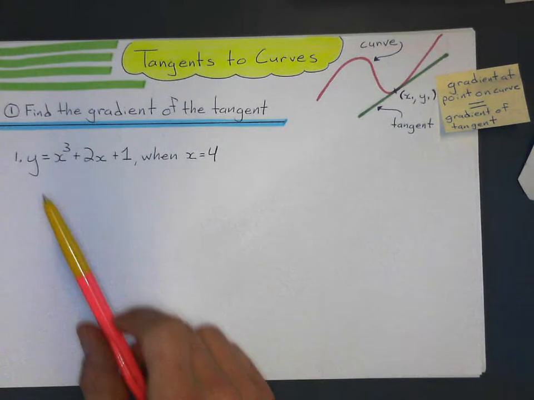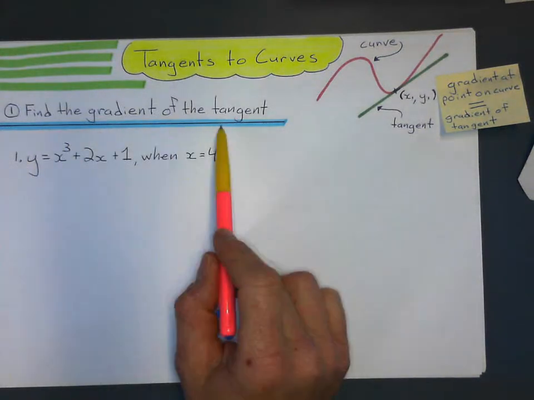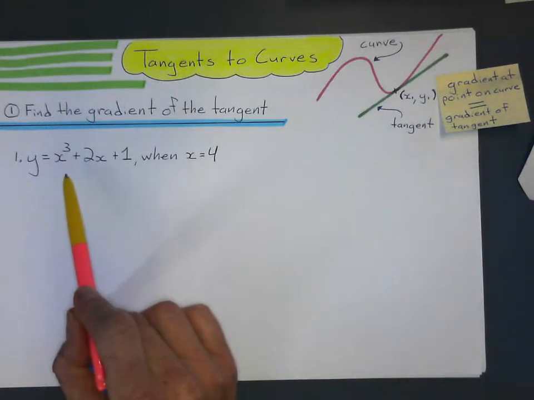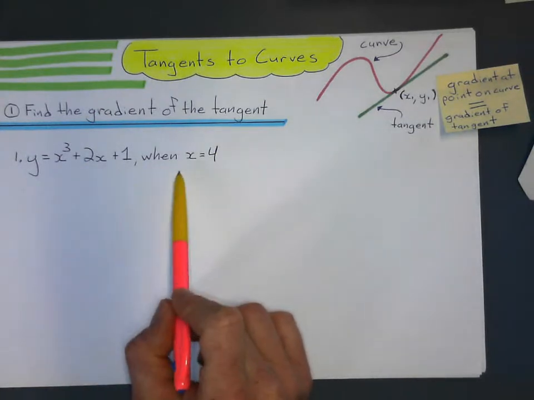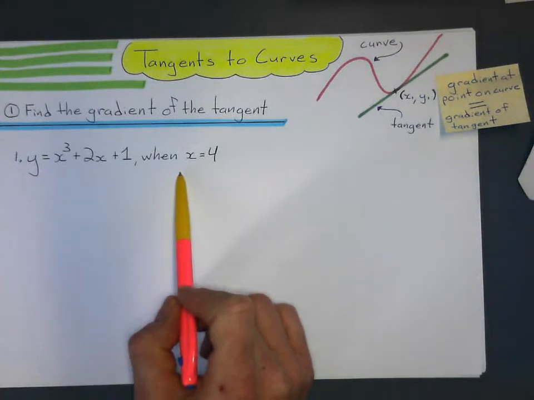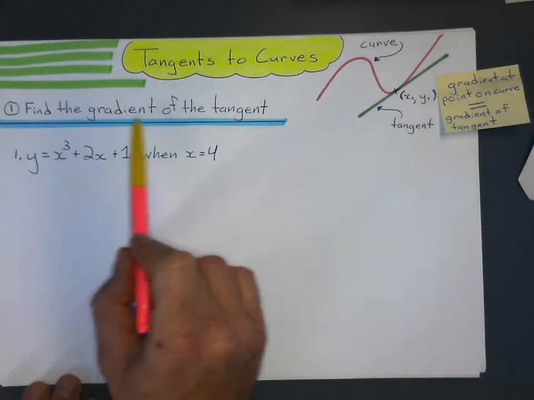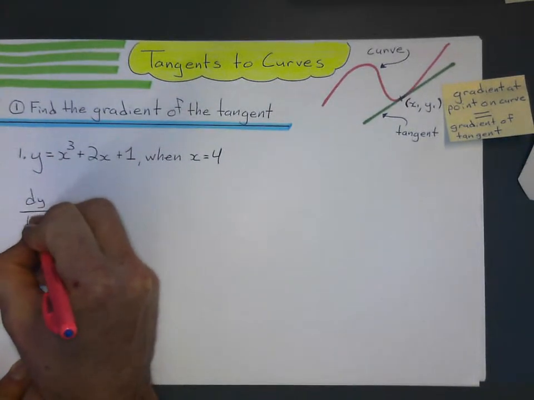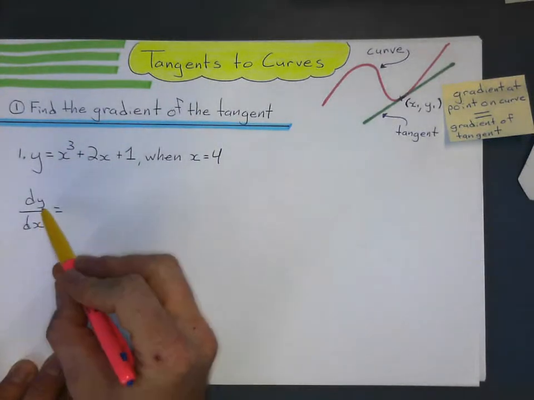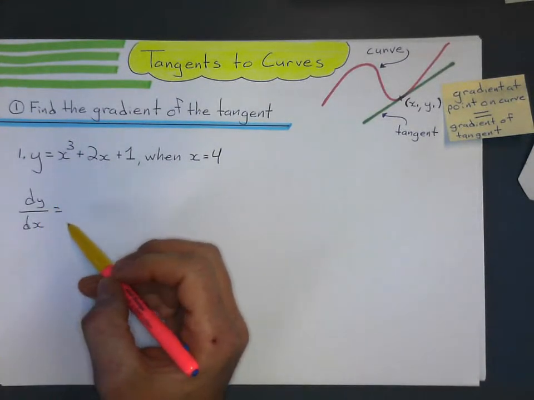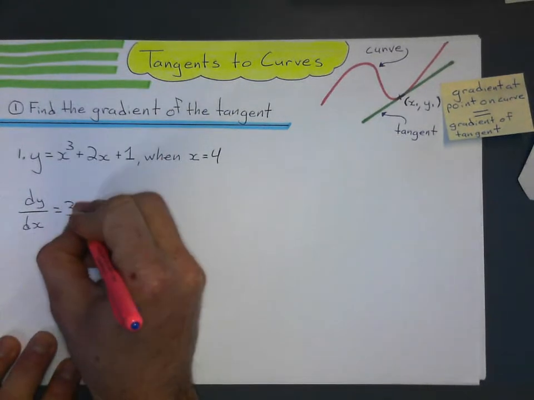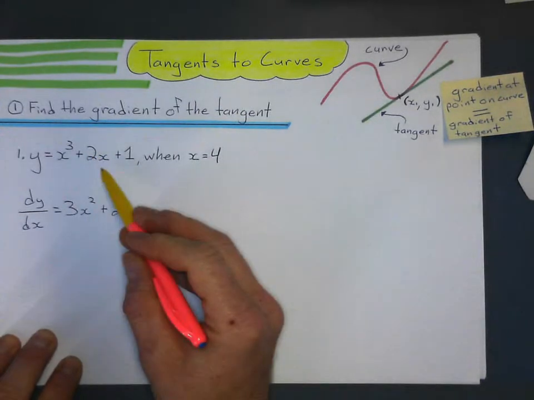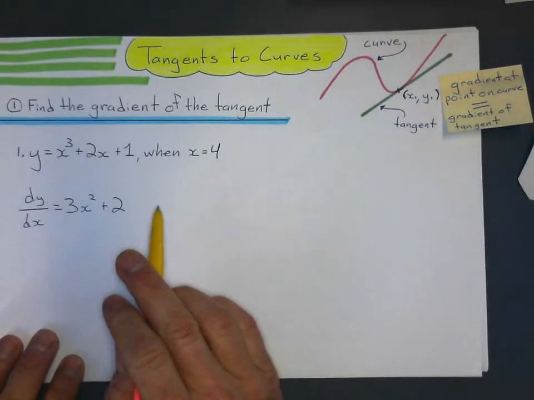Okay, so in this example, we're going to find the gradient of the tangent of this curve at this point. So what we're going to do is differentiate this and substitute 4 for x, just like we did in the last lesson. The only thing different is the words up here. So when we differentiate it, dy by dx, and if you want to just do y dash to show you're differentiating that, that's fine. I think we all were able to do this. This is 3x squared plus 2, and that differentiates to 0. And when x equals 4,